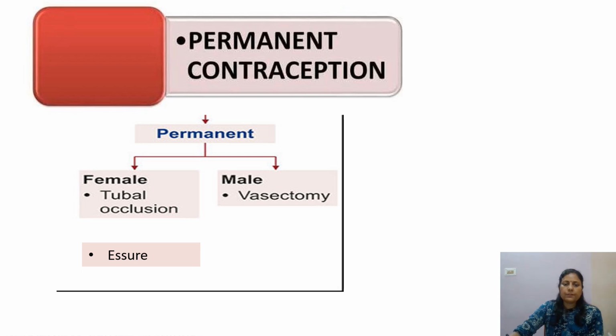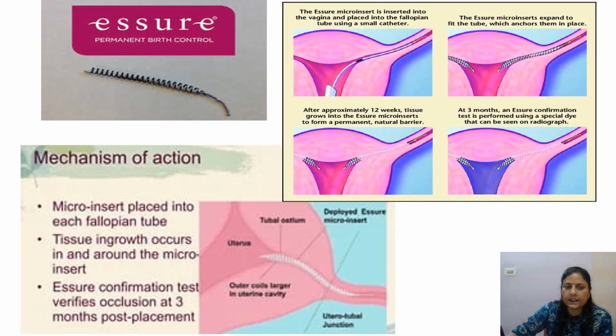Next, permanent method of contraception. In female, there is a tubal occlusion or tubectomy and Essure, and in male, vasectomy. These are the permanent method. Essure is a permanent method. In it, a micro insert is placed into each fallopian tube through